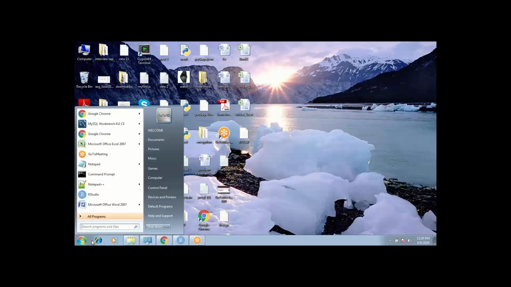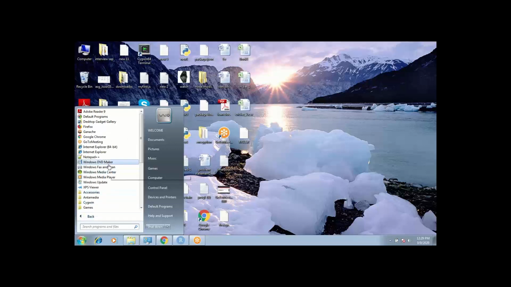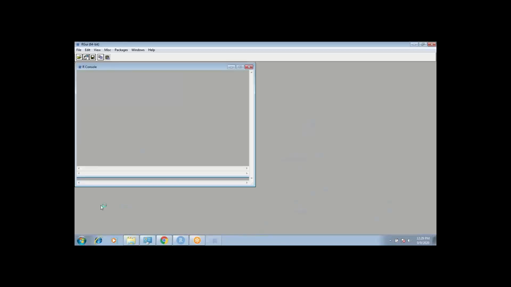Yeah, go to this program files, all programs. What I doubt is that there is no R there. Click on this R. Which version is this? There are two versions. Okay, down below. Go to RStudio down below.